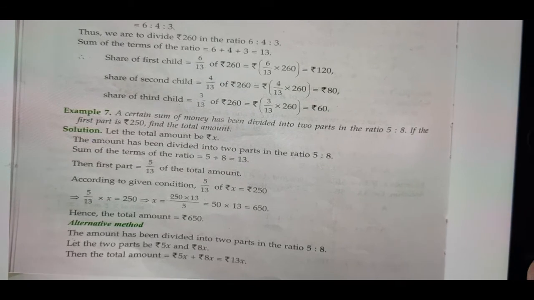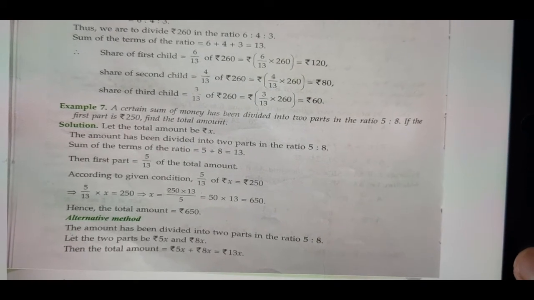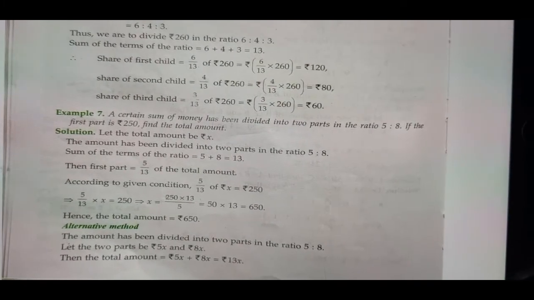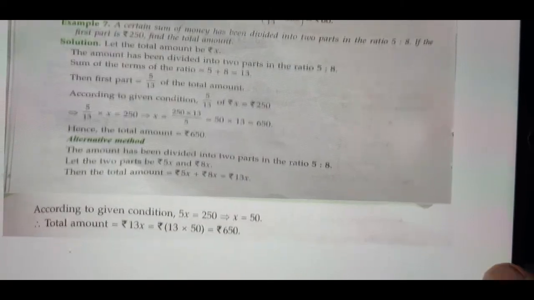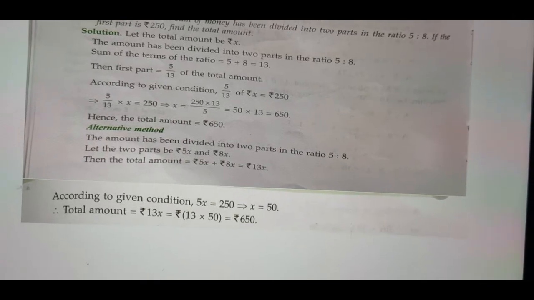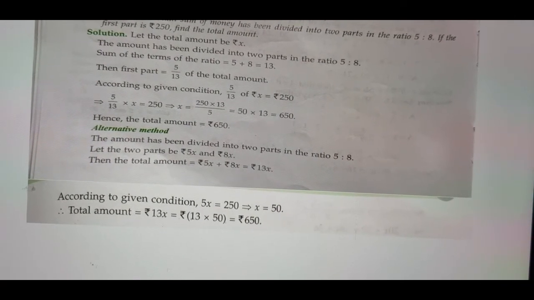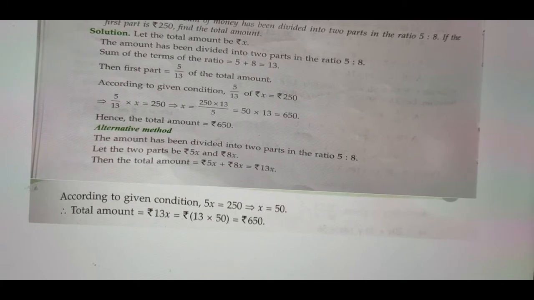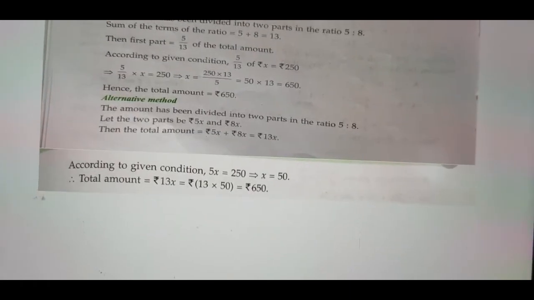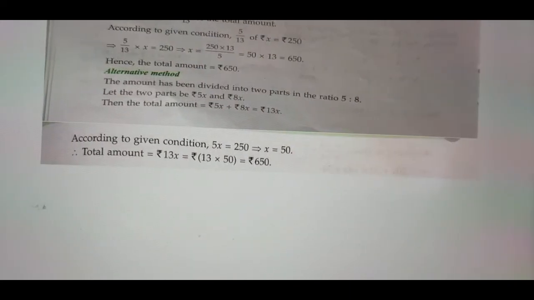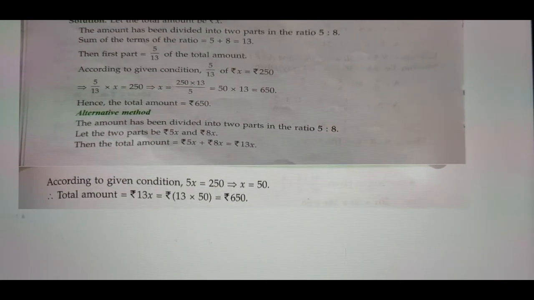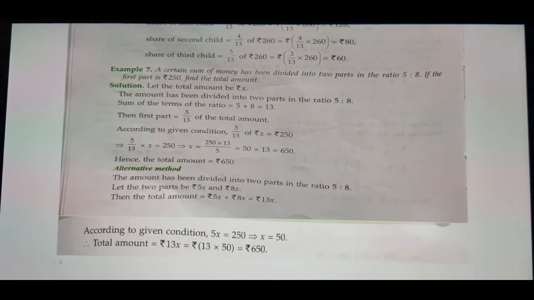An additional question can be asked, what will be the amount of the second part. So 650 minus 250 will give you the second part. Or alternatively, we take x, 5x plus 8x will give you 13x. So 5x is equal to 250, x is equal to 50, so 13x is equal to 13 into 50, that is 650. By this way also you can find out the answer of this question. And I hope you have understood these kinds of problems. They are very easy. All you have to do is use the proper process. So go through it. God bless.